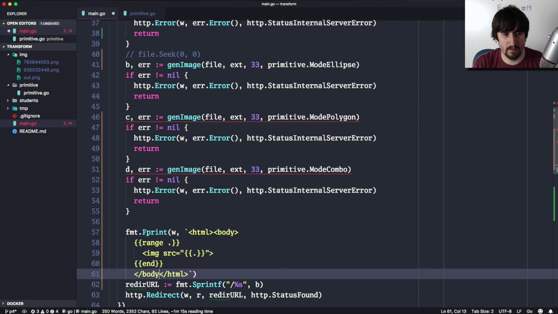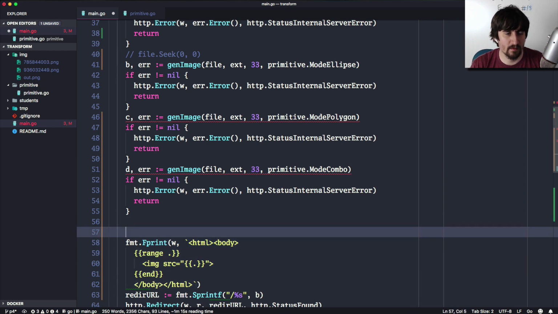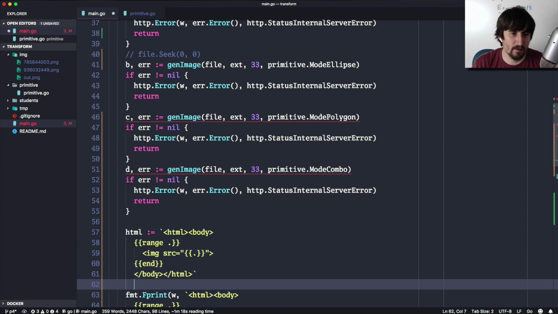Need to close the body tag. All right, so I'm going to take all of this. I'm going to say HTML is going to be this. Just tab that in. And then I'm going to say tpl is going to be